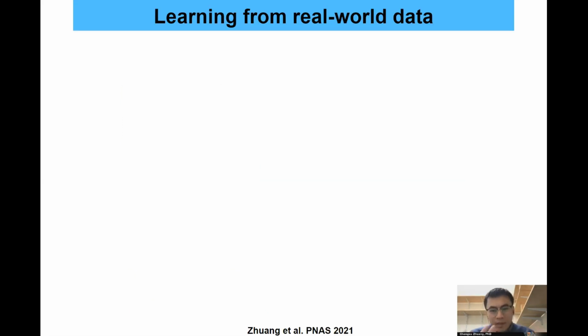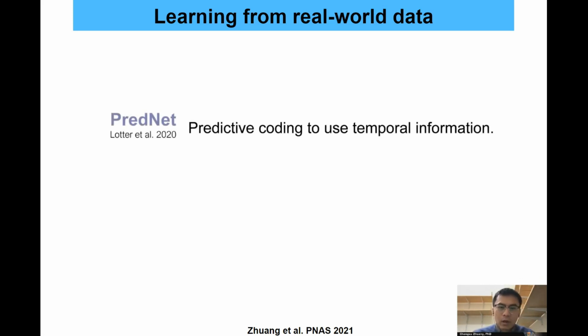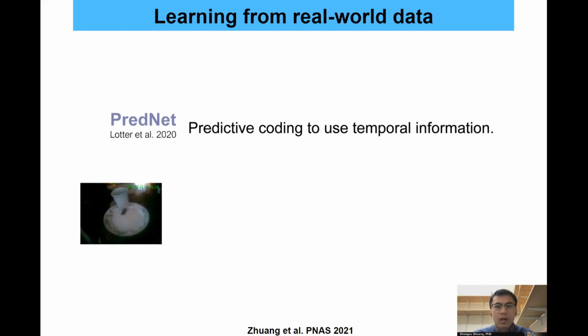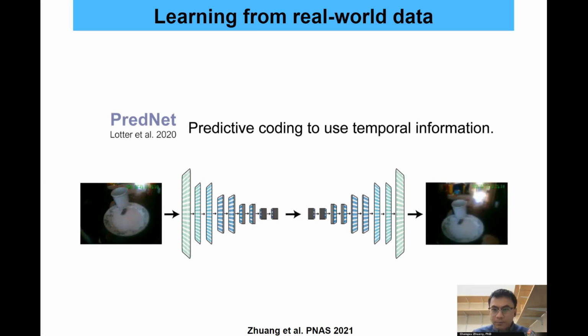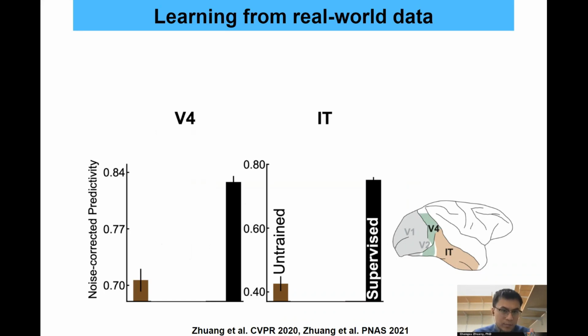So intuitively, you may think that now the videos will include the additional information, which is the temporal information, and this should make the learning easier. However, it's actually not easy at all to use this temporal information well. For example, a very popular hypothesis about leveraging the temporal information is predictive coding, implemented by this PredNet algorithm. This algorithm will take the input image as a previous frame, and then will use that image to predict the next frame in the video sequence.